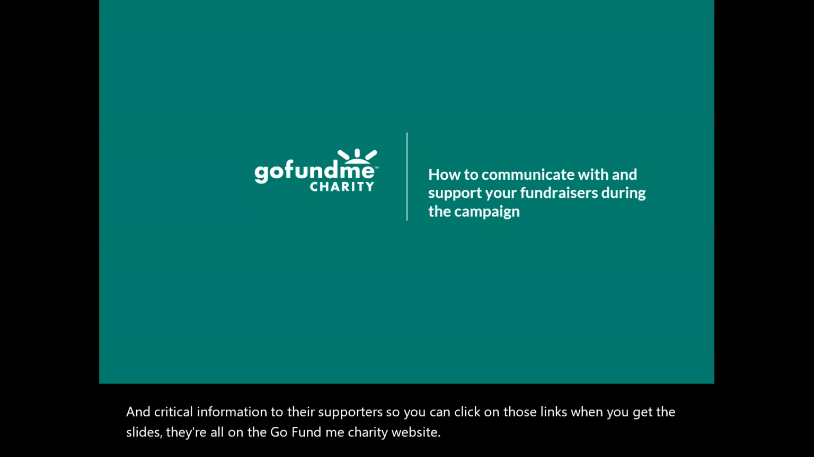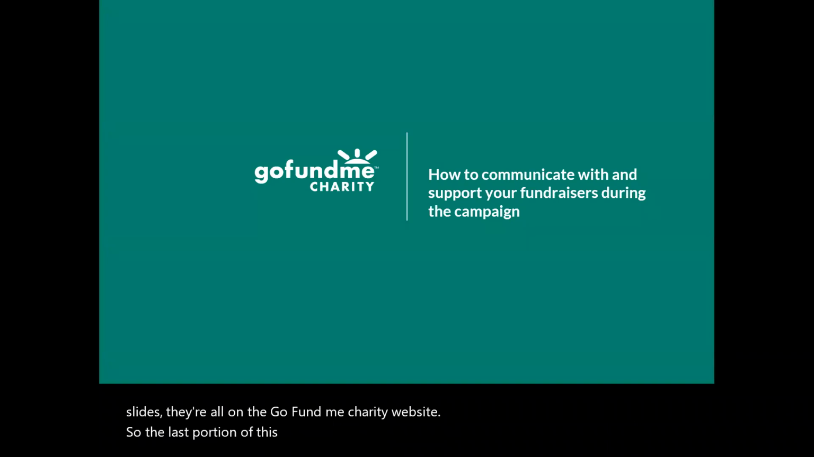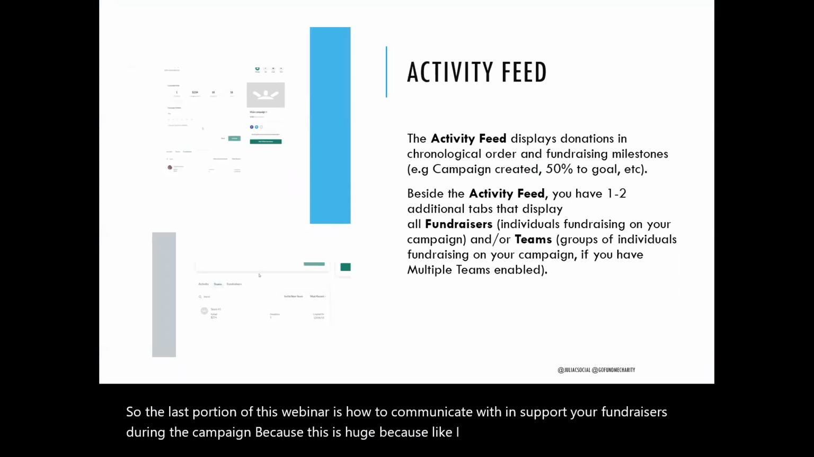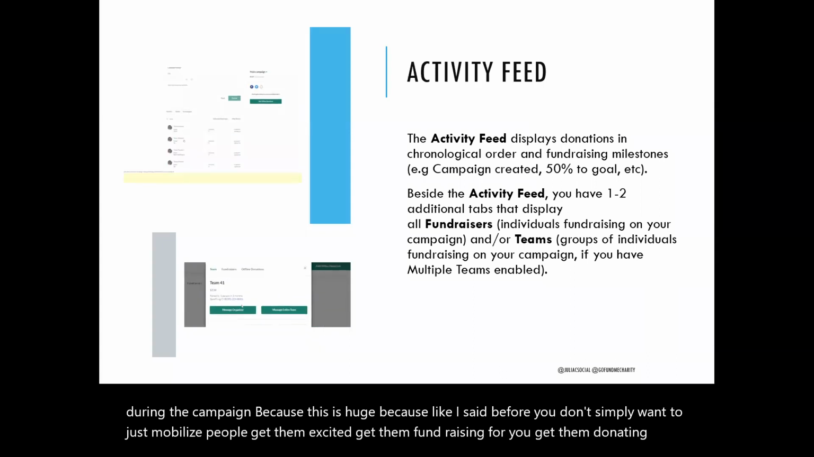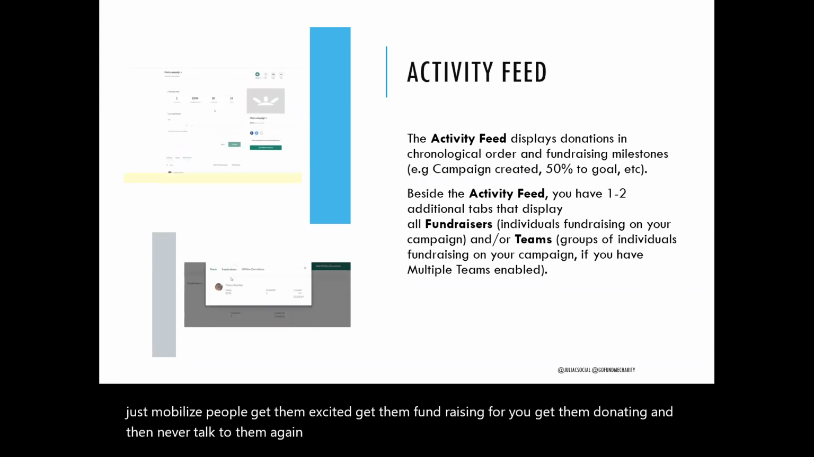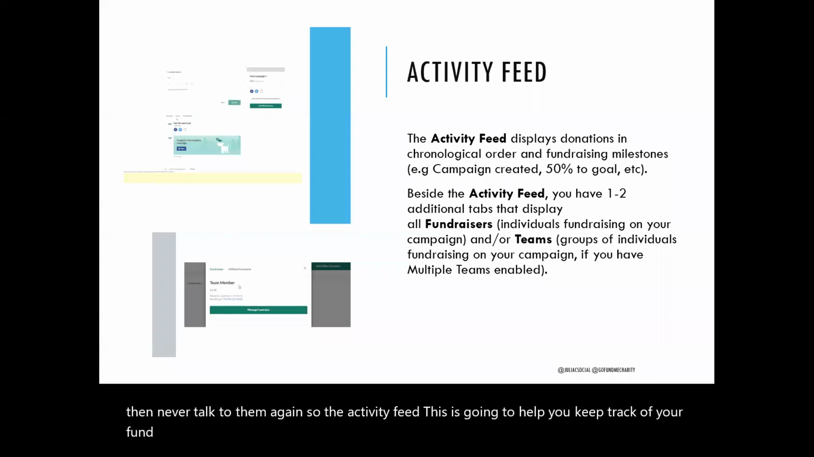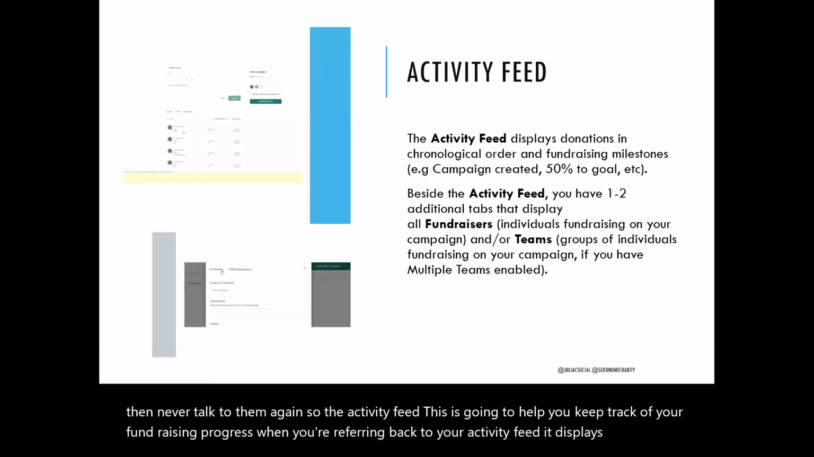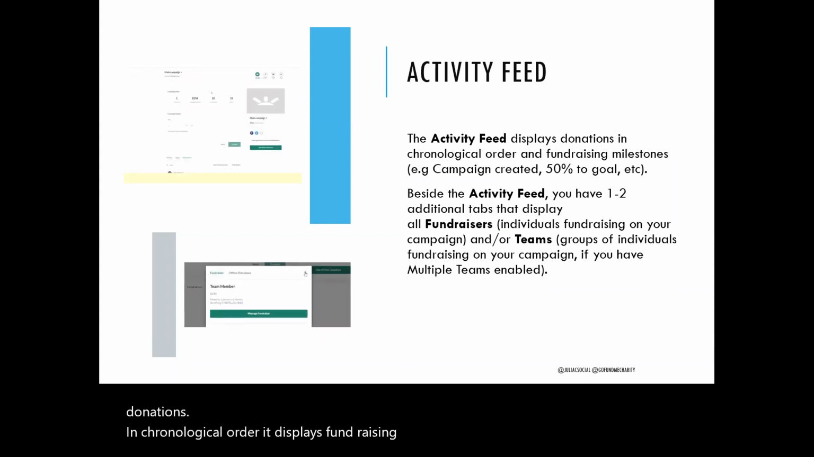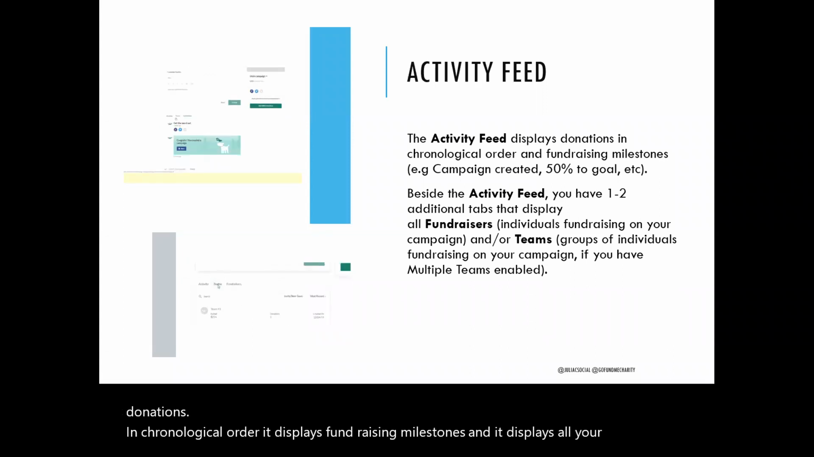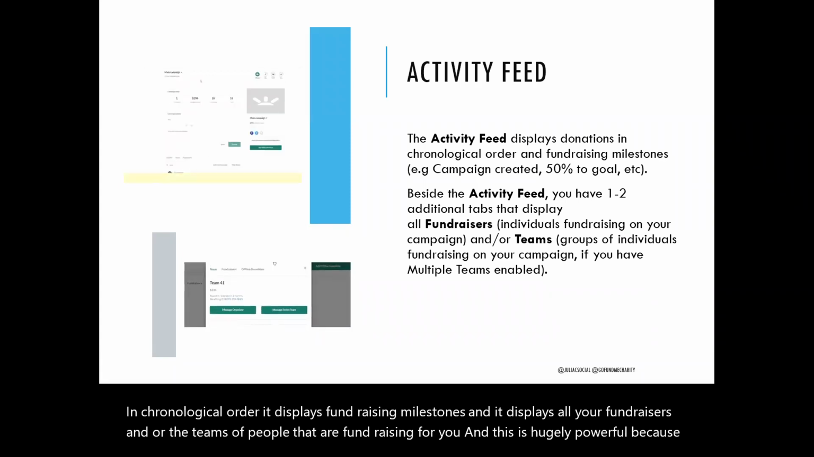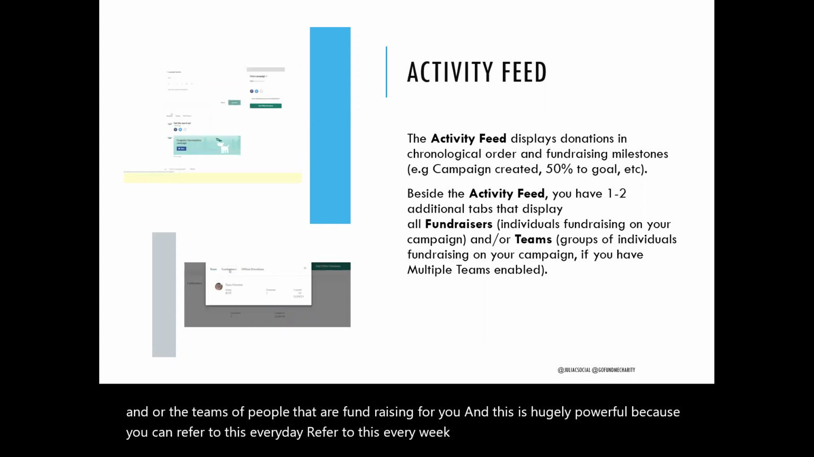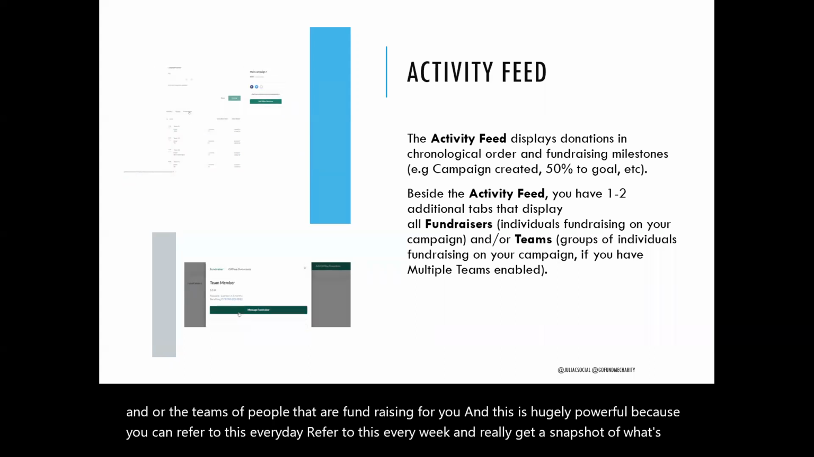Okay, so the last portion of this webinar is how to communicate with and support your fundraisers during the campaign, because this is huge. Like I said before, you don't simply want to mobilize people, get them excited, get them fundraising for you, get them donating, and then never talk to them again. So the activity feed is going to help you keep track of your fundraising progress. It displays donations in chronological order. It displays fundraising milestones, and it displays all your fundraisers and or the teams of people that are fundraising for you. And this is hugely powerful because you can refer to this every day, every week, and really get a snapshot of what's happening, maybe where the holes are, who you need to communicate with,